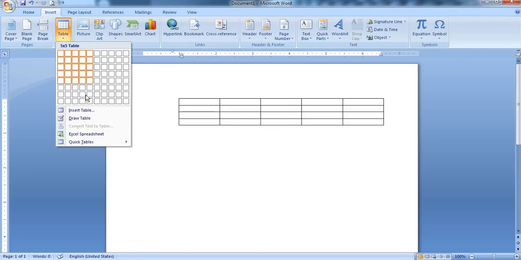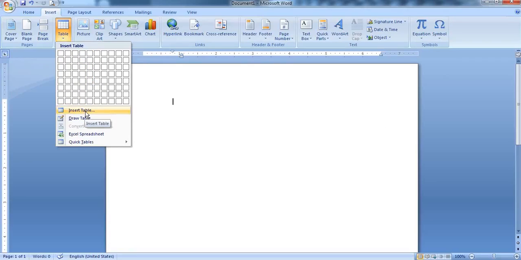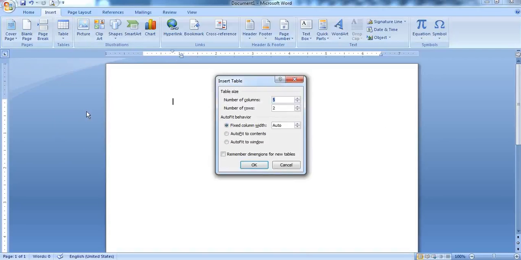Otherwise you can select the Insert Table option. You have to click on it and you can see various options are given, that is number of columns, number of rows, fixed column width, and so on. Suppose I want the number of columns to be 4, then I have to decrease the number, and the number of rows to be 3, so I have to increase the number of rows.